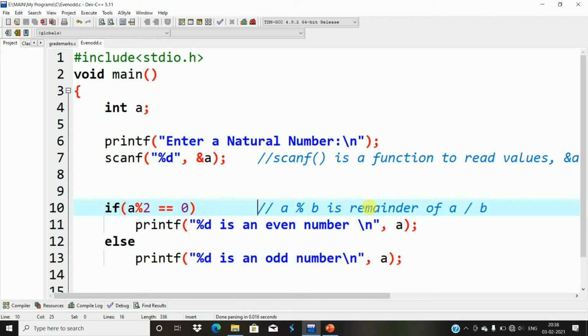Hello everyone. In this session I will demonstrate how to use the if-else control structure and the else-if control structure in C programming. So here I have a wonderful program. I am just reading a number from the keyboard. This is the first time I am demonstrating the scanf function. I have explained these programs in detail in my earlier session.